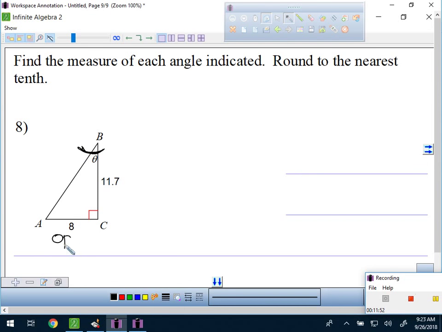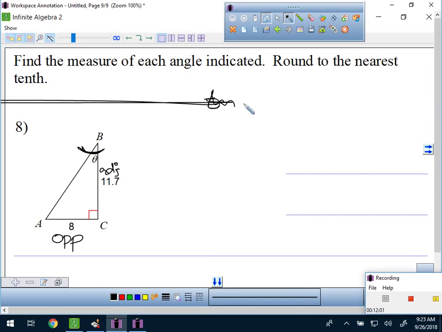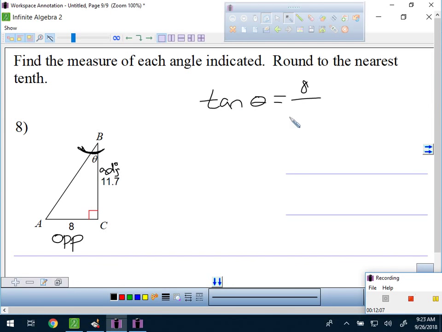So that makes this opposite and this adjacent, which means that I'm going to do tangent. So this is my adjacent. So I'm going to say tangent of my angle is opposite, so 8 over adjacent, which is 11.7. Remember, whenever you're trying to find an angle, that is the only time you do inverse. And so you're literally going to do tan inverse of 8 divided by 11.7, and that should give you